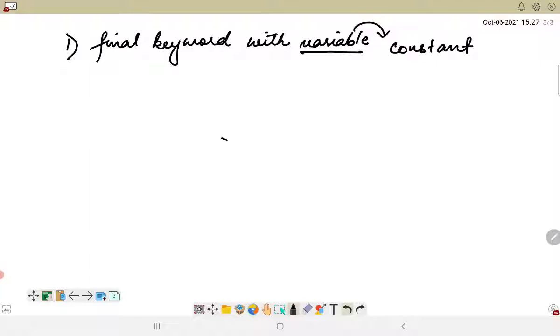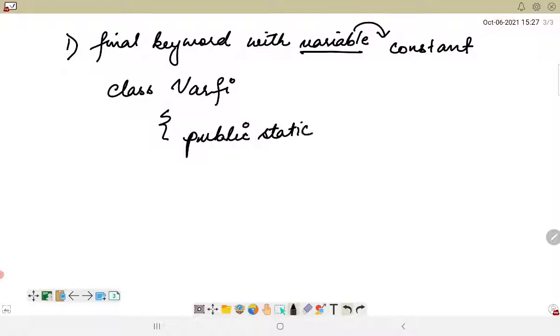Now let me take a particular class. Let's say class var fee. Here I am introducing the main method, which is public static void main, with string arguments.